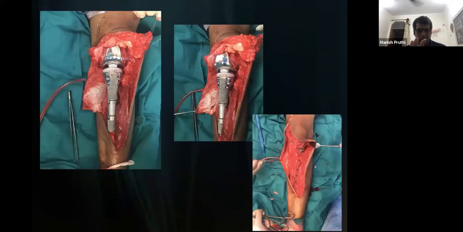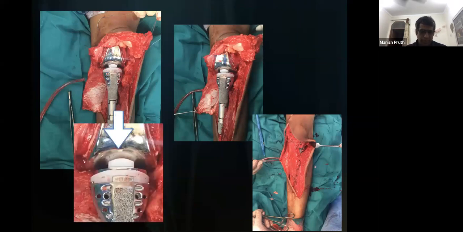The second thing is this kind of design, which is a rotating platform. As you can see in the zoom picture, there is a prosthesis below, then a polyethylene or plastic component, then a metal disc. This disc is a rotating platform, and then there's the proximal part of the prosthesis, the upper metallic part, which is in the femur. When we have a rotating platform, it moves like a normal knee joint, and it gives lesser strain to the metal bone interfaces of the prosthesis, and the implant survival is much better. And then we could do a good soft tissue reconstruction so as to give additional stability to the prosthesis.